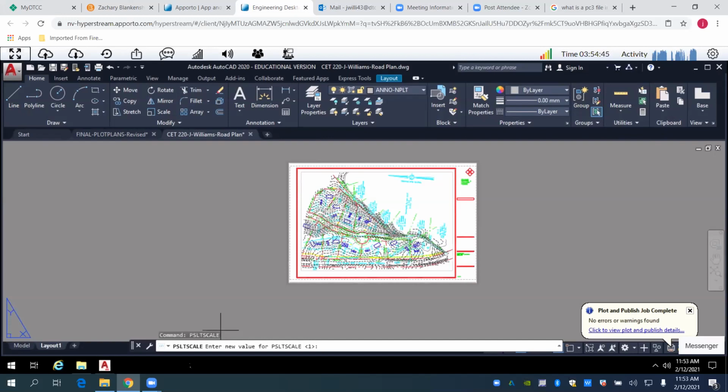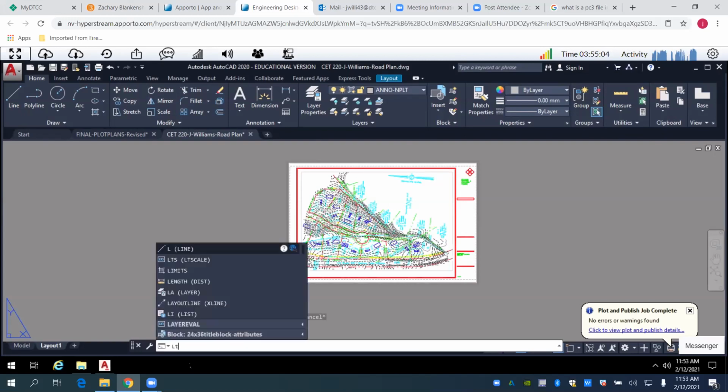So we're going to leave it at its default setting because it's going to help us. So we're going to leave it at 1. So we can go ahead and enter that, and then we're going to type in LT scale again,